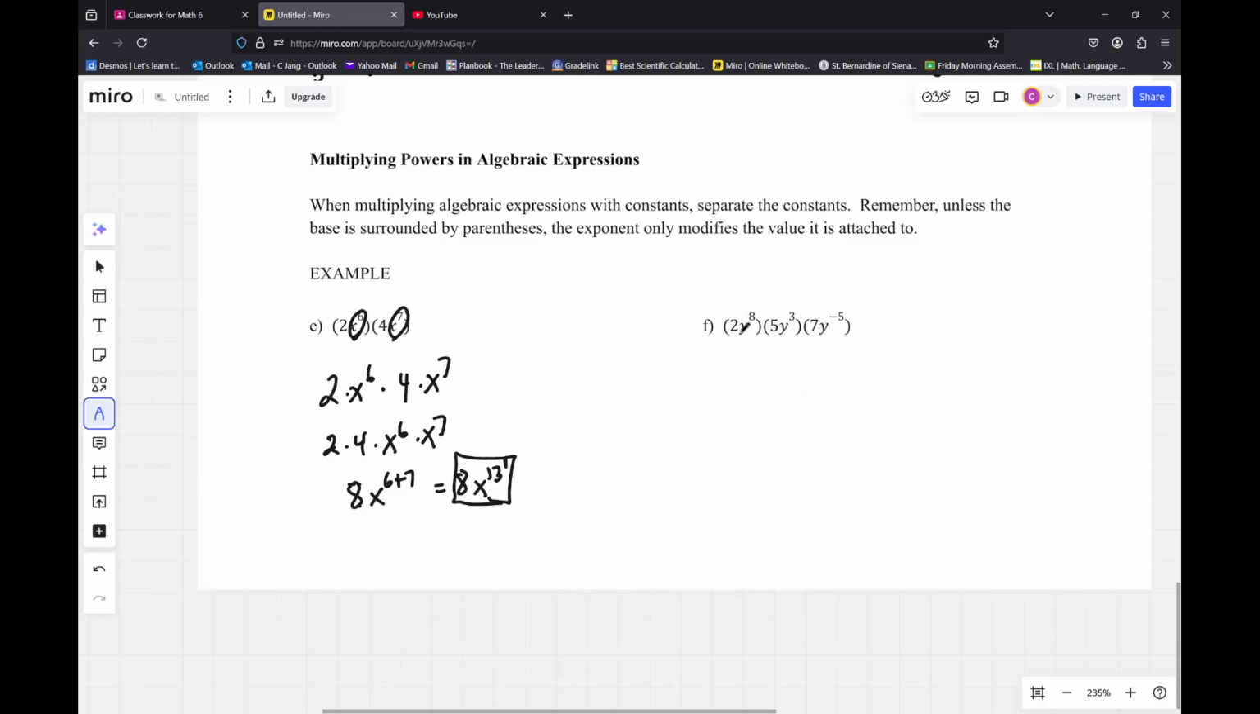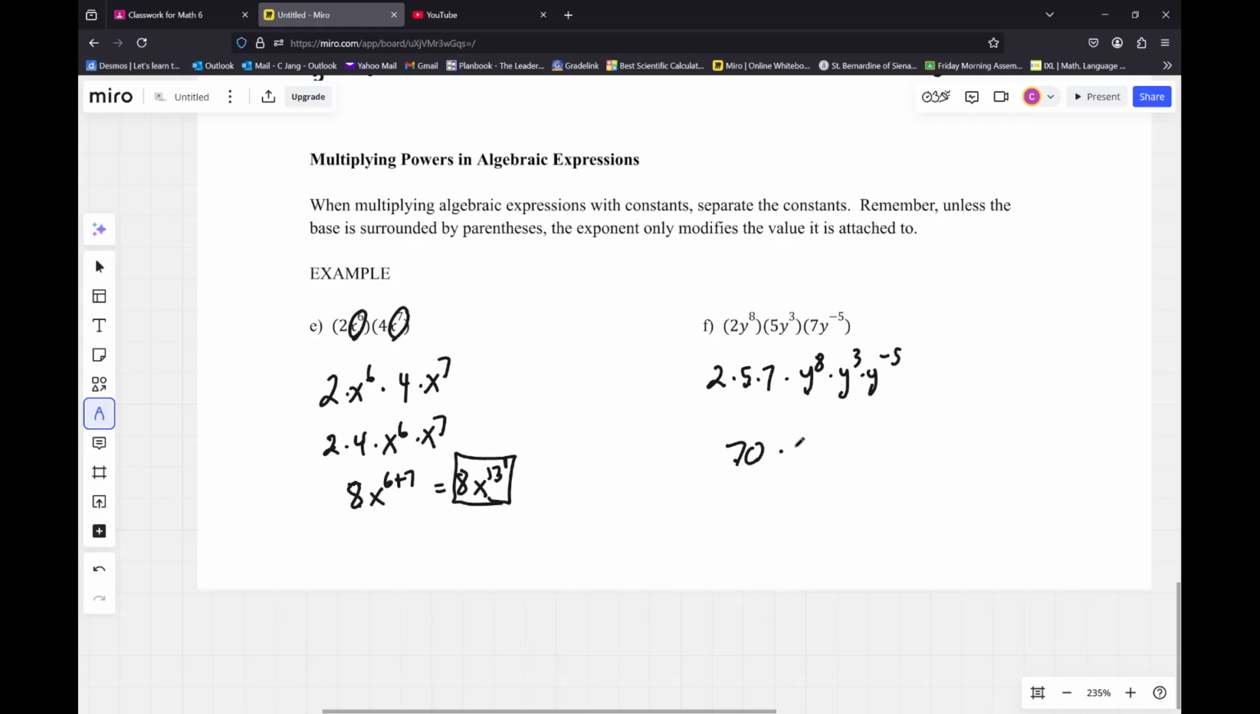This is going to be 2 times y to the 8th times 5y to the third, or y cubed, times 7y to the negative 5th. So again, we can move all the coefficients together. That's going to be 2 times 5 times 7, and then this is going to be y to the 8th times y to the third times y to the negative 5th. And I'm going to ask you if you remember, can you add more than two numbers together at the same time? And the answer is yes. 2 times 5 times 7 is going to be 70